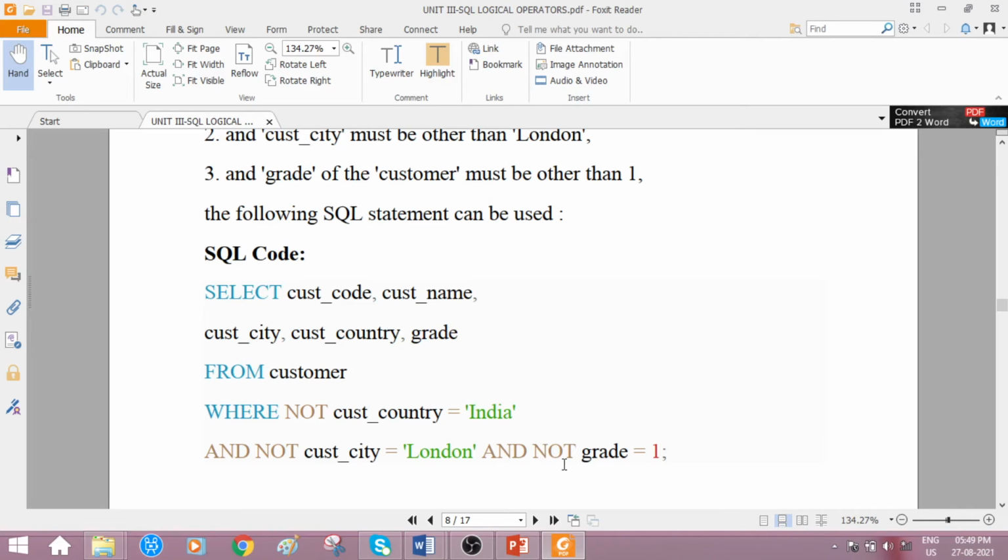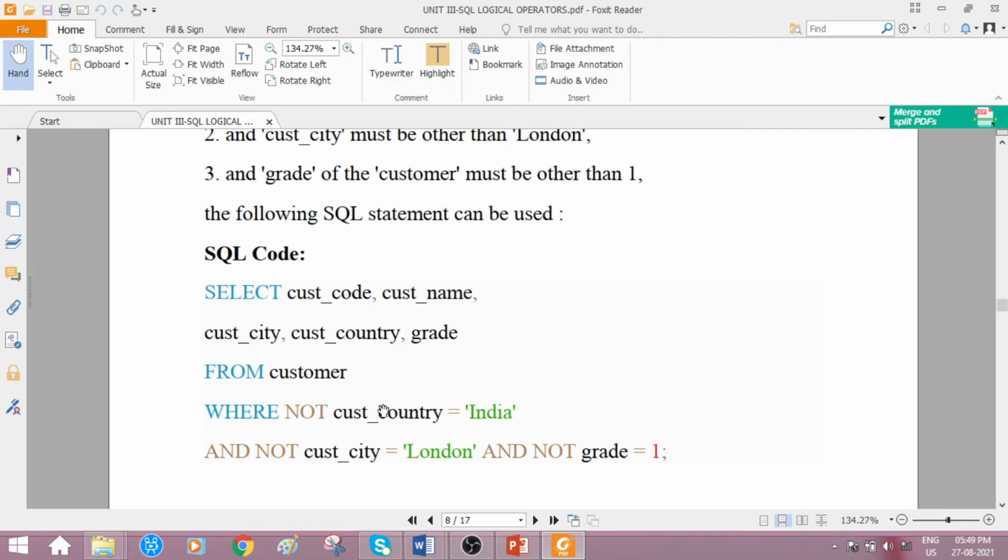And one more condition: the grade of the customer must be other than 1. If we pass 1, as a true value, the not operator will convert it to a false value, that is, other than 1 it considers. So preceding grade you mention not. See here, you are making the country value false, the city value false, the grade value false, by preceding the condition with the not operator.